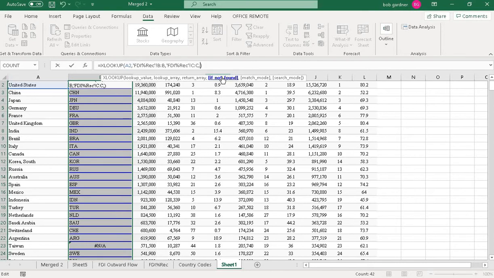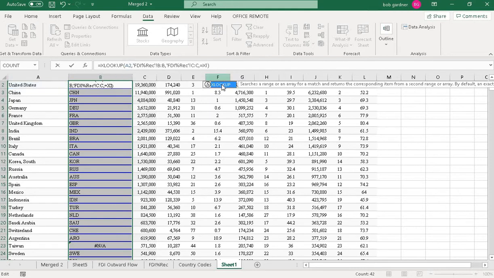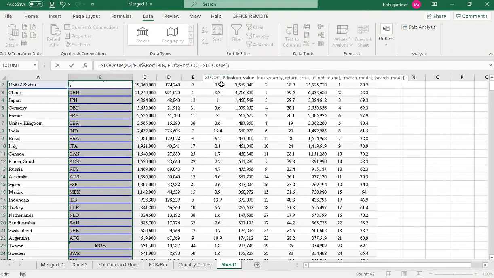This will be a nested formula. So I can put another lookup formula here, and if not found, it will pull the value from another sheet which is named country codes.